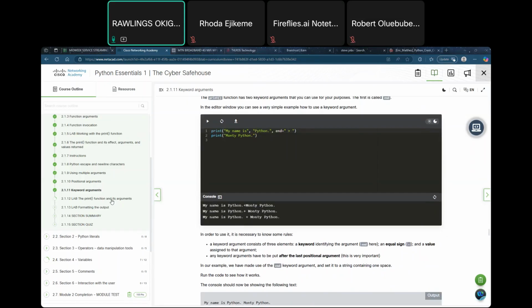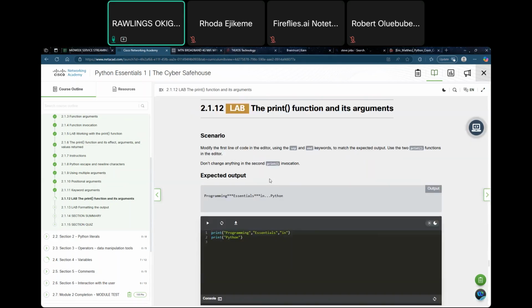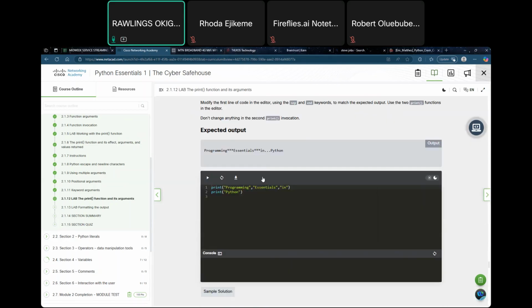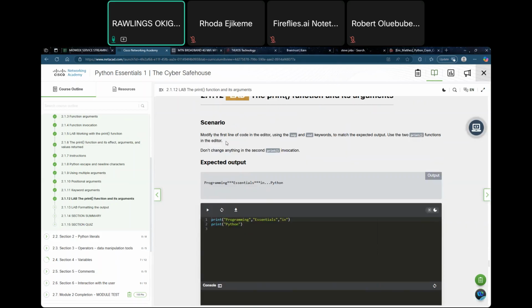So to explain this, we're supposed to come to this. This is another lab for you to carry out. So they say modify the first line of the code in the editor using the separation to match the expected output. Use the two print functions in the editor. Do not change anything in the second print. So you're just to add, they say you should add something to make this print what programming essential. So which means sep is equal to asterisk, asterisk, asterisk,